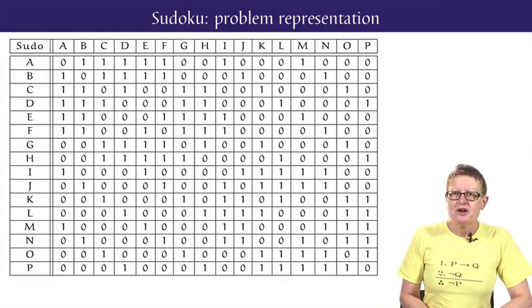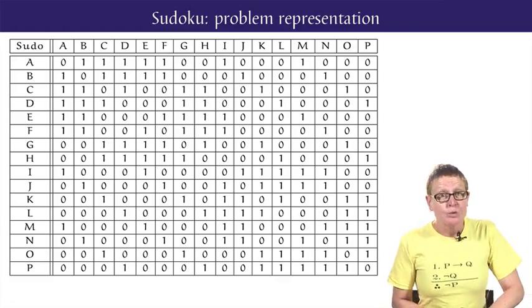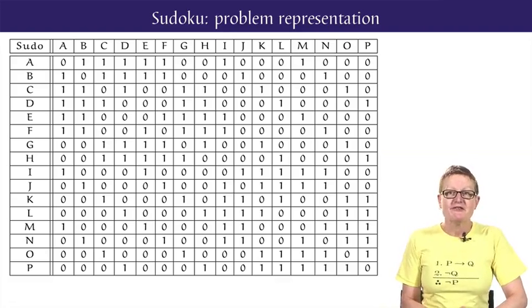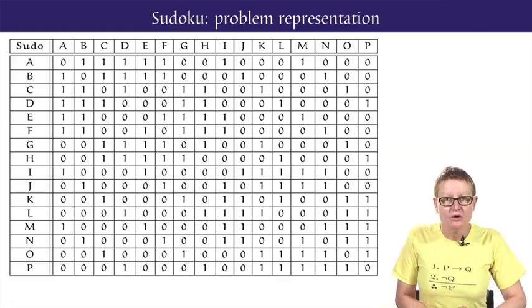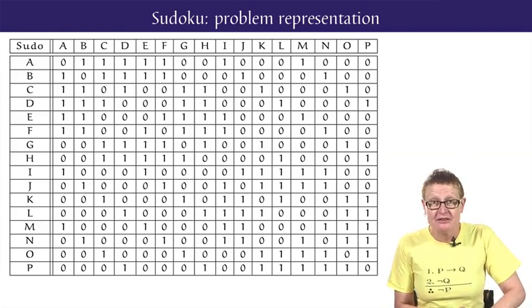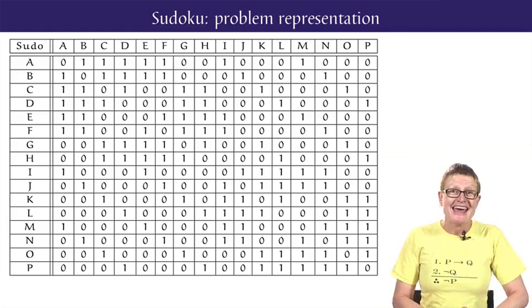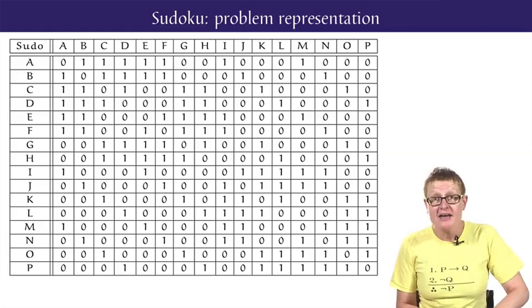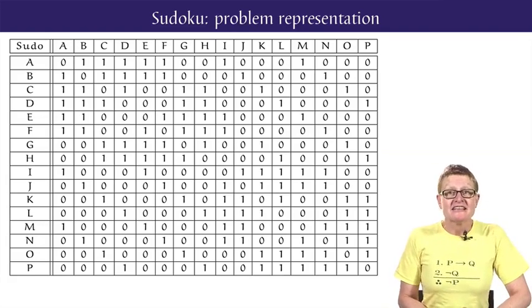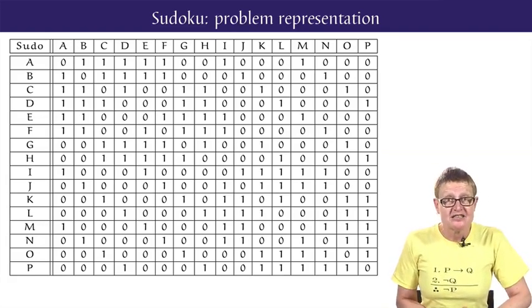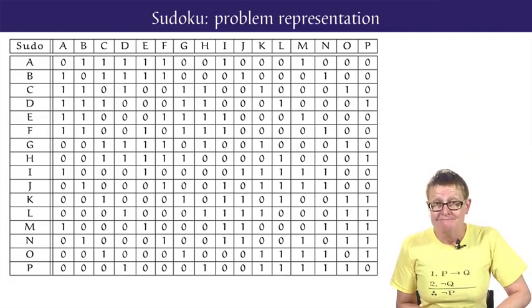Working as we are in propositional logic, we could go ahead and add a further 112, which is 16 times 7, more atomic propositions, say of the form